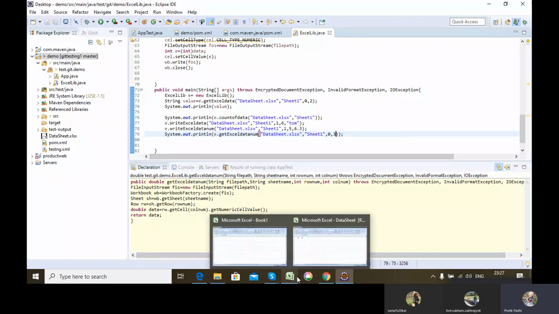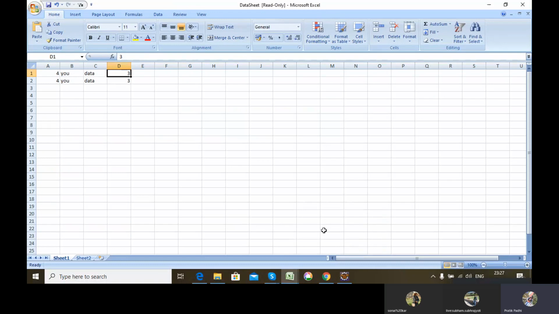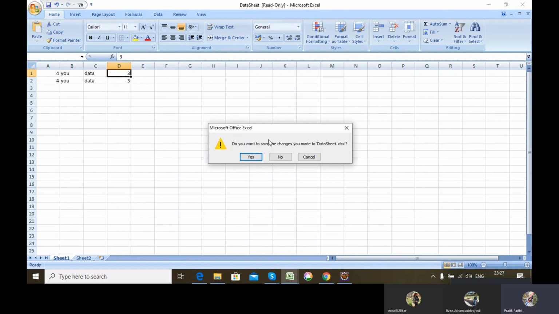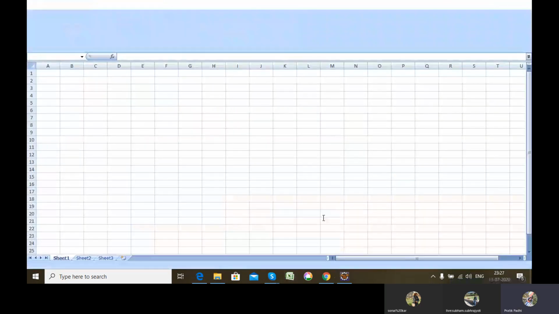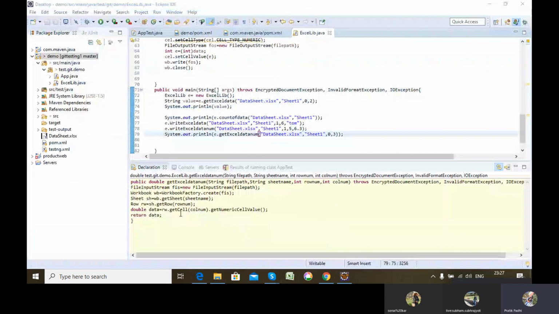So always remember, if you are dealing with Excel, then always close it, else the function will not work properly. So I'm closing it as of now, because I will be accessing it through the code. Once it is open, an error will be thrown, because two things, Windows by opening it and the code, are trying to access it. So it will create a conflict.